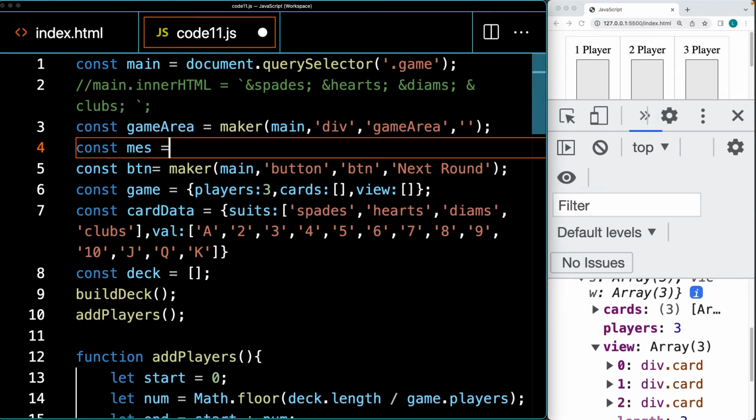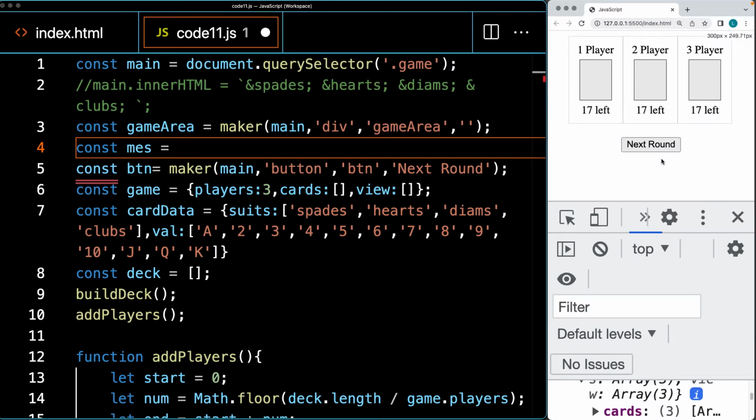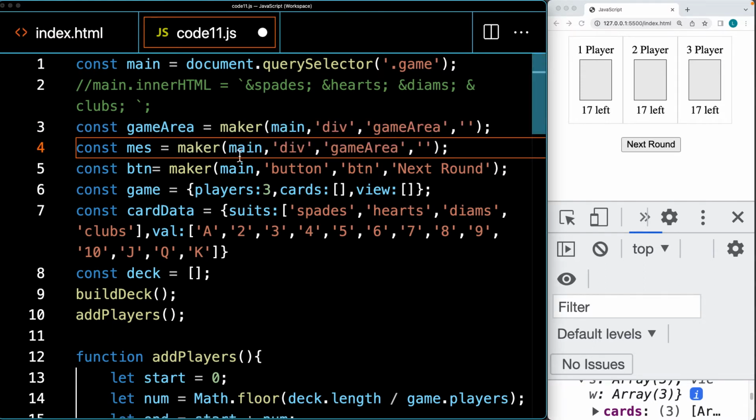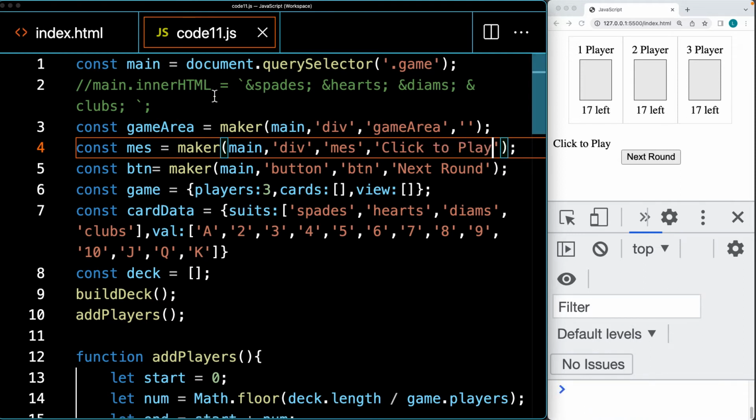So this is going to be an area where we can communicate with the user, and we're going to add that just underneath the button and create another div for that. We can use the maker function in order to generate the div. So this is going to be, again, attached to the main object, a div. Let's give it a class of MES, and the content in it, click to play. So that will add that to the screen, and I'm going to actually add this just underneath the button